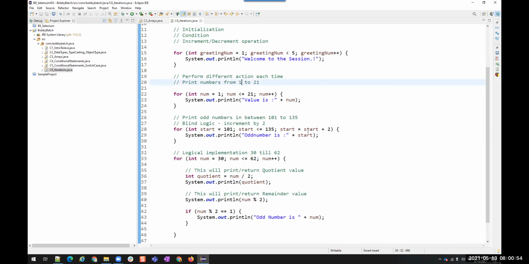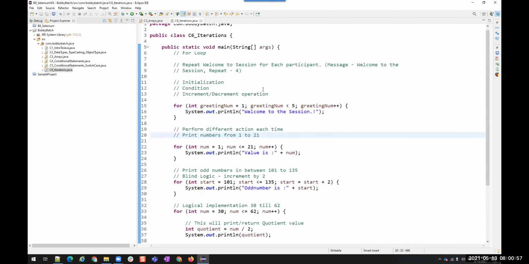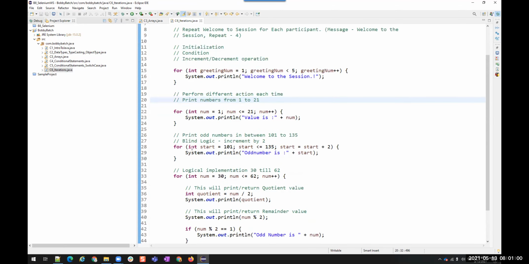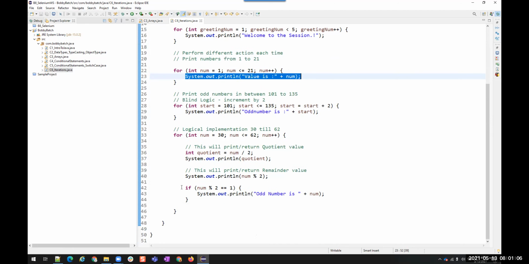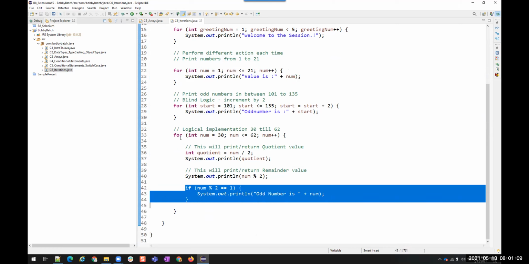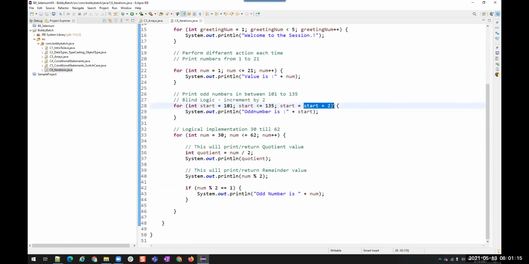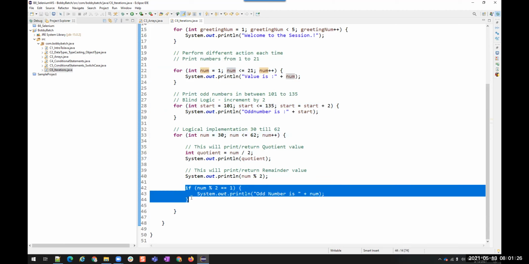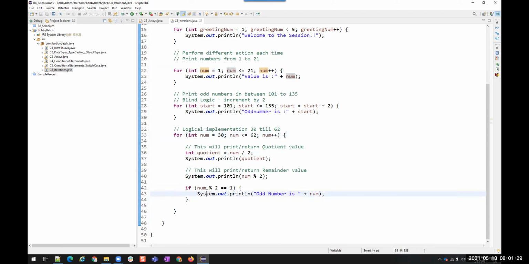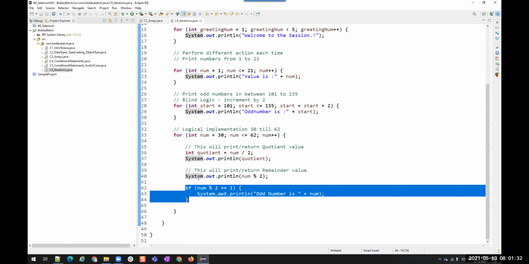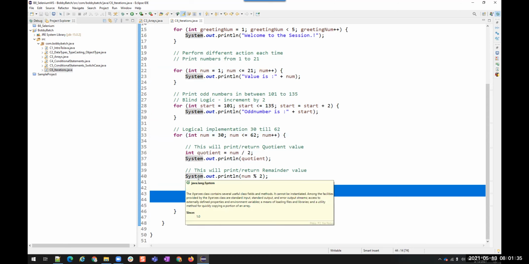Okay. So these are the basic things. Now we have printed the same statement multiple times. We have printed a different value each iteration, and then we have applied some condition inside of our loop, right? Okay. So this example is just to show that we can increment a number by any number of times we want in this model. Here it is incrementing only once, but if we use this, it is incrementing any number of times. And then in this, we are implementing some conditions inside the for loop again, just to verify this. You can have if else statements, you can have switch case statements or whatever you want inside the for block.